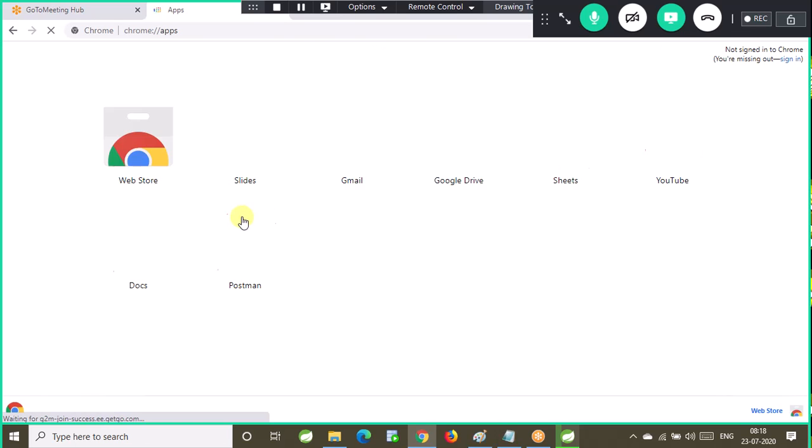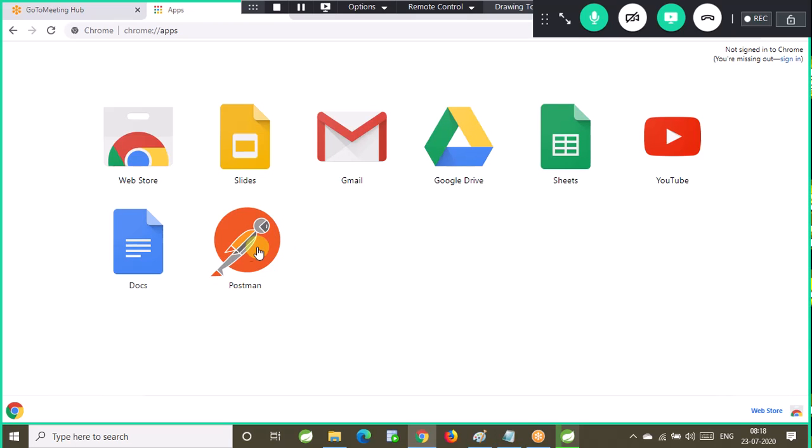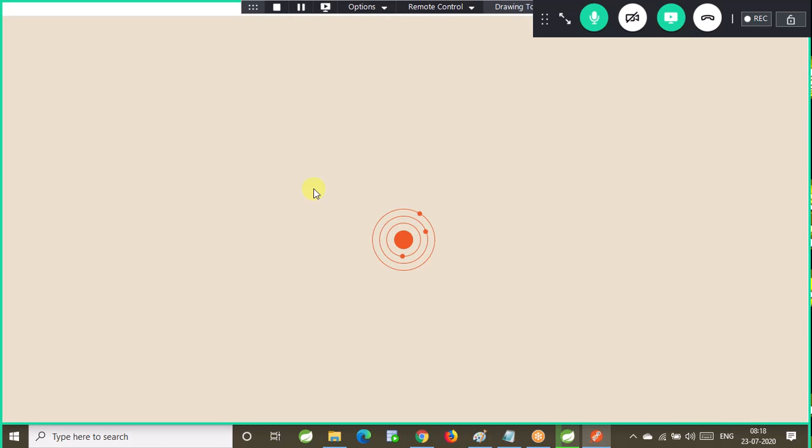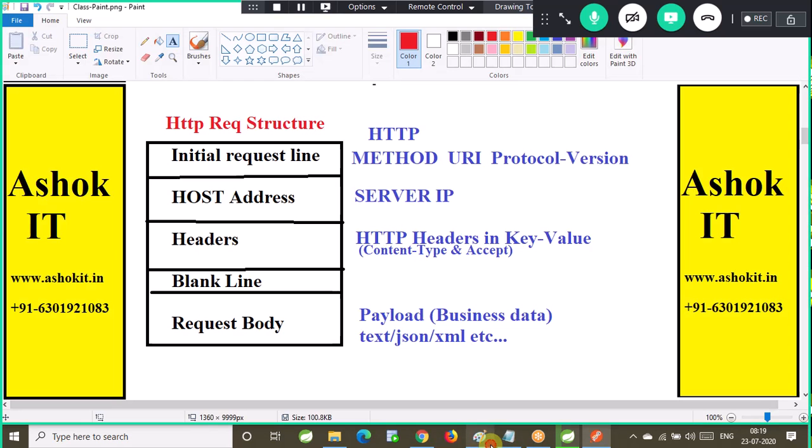It will display the apps which are installed. Postman is one of the plugins that I installed here. Let me click on this Postman. The Postman tool is getting opened. I will use this Postman tool as a client to test my API. That means I can prepare an HTTP request by using Postman and I can see how that request got prepared. I discussed five parts, right? These 5 parts we can see in Postman.